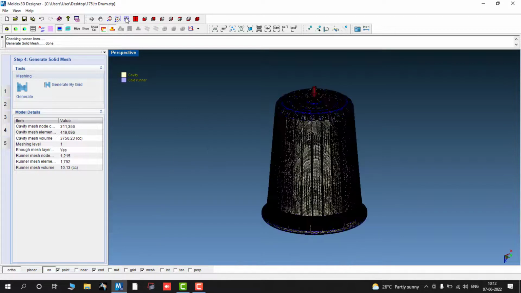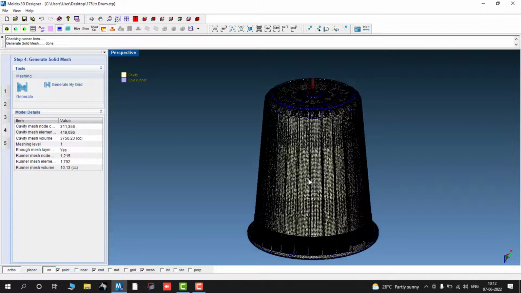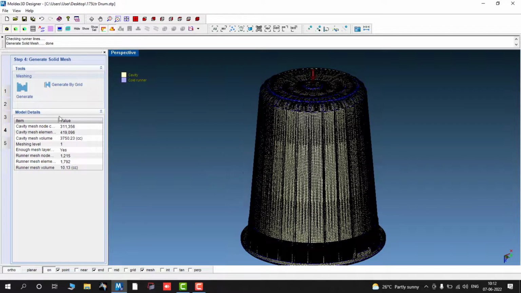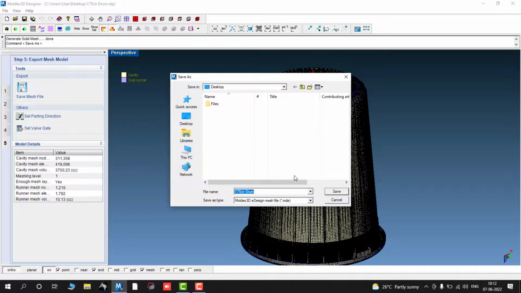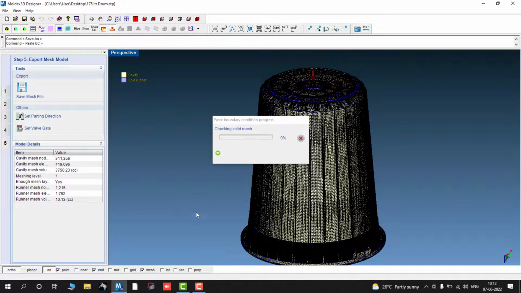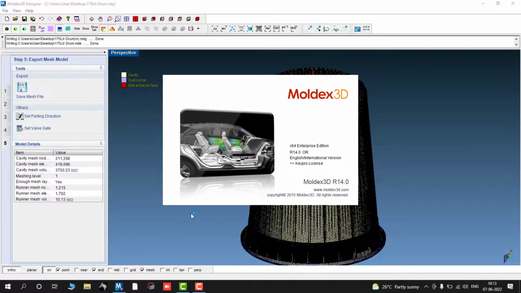You can simply save this entire model once your preview is done. If you want to make changes, if you have defects in imported models, you can directly use the CAD Doctor. So here I'll simply save this one. Once you save this, whatever mesh you have generated, the solid mesh will be saved in a certain location. Once you are done with this mesh generation by using the 3D Designer, you can directly use the Moldex3D